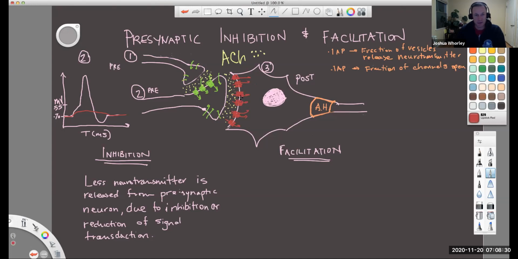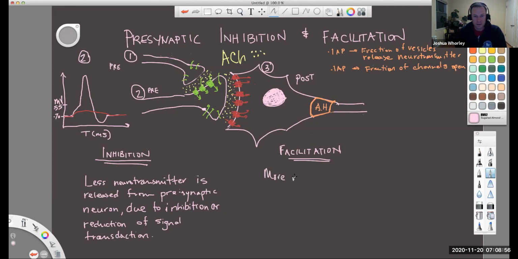If, for example, they are blocked, you would get more of an excitatory potential, and if they're excited, you get less of an excitatory potential in this postsynaptic cell. So it really does depend on the receptor. But in this case, for facilitation, we get